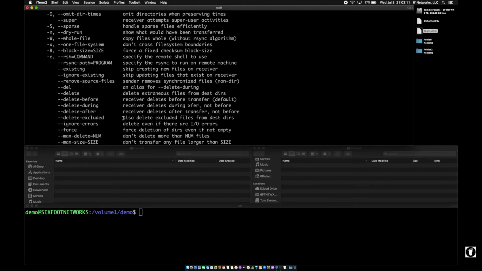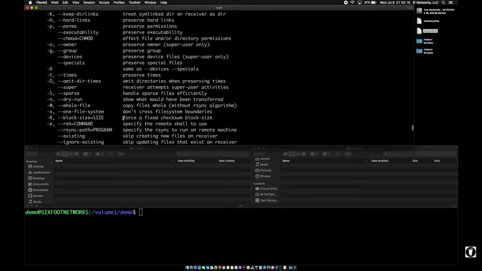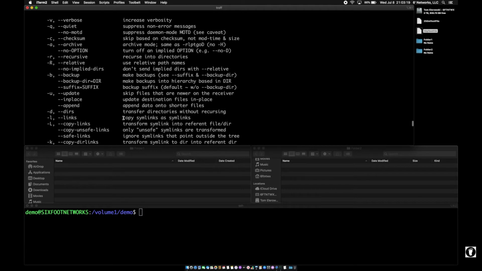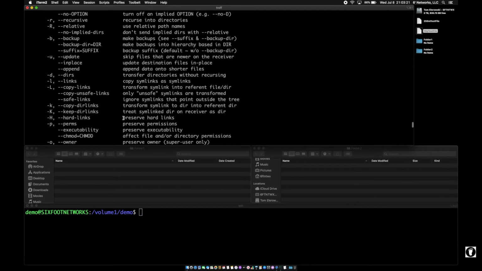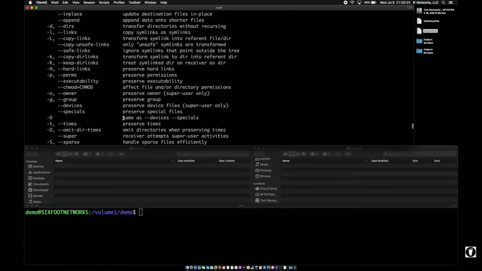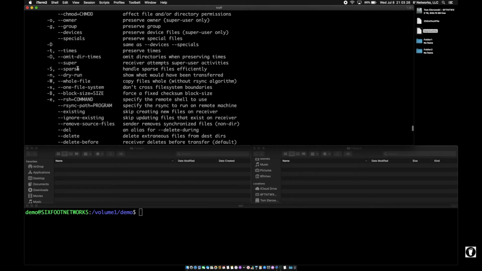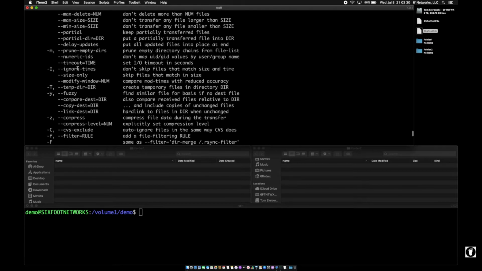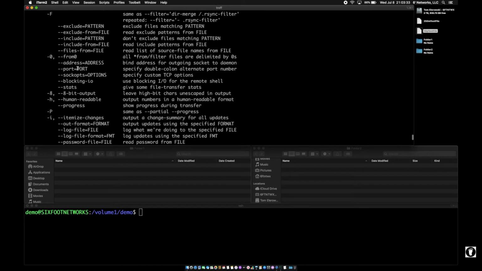Now, so we have verbose, we have R for recursive, and then we have the -H. Now you notice there's a capital H. We don't want capital H, although preserving hard links might be a good thing to do at some points. Here we go. Lowercase h. Human readable. I want to output the numbers in the progress bar in numbers that I can understand. So for example,